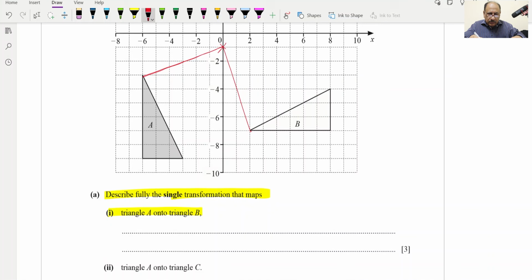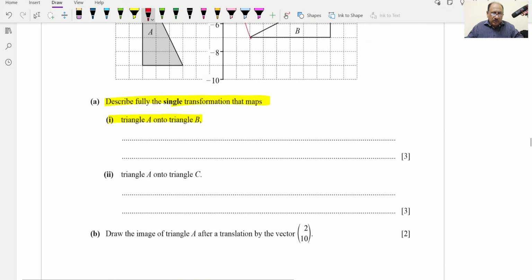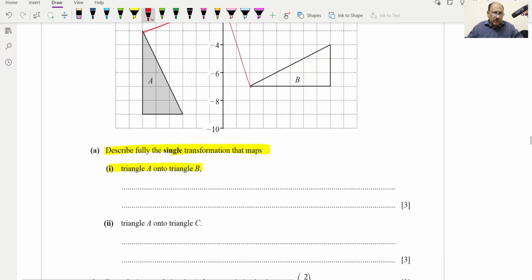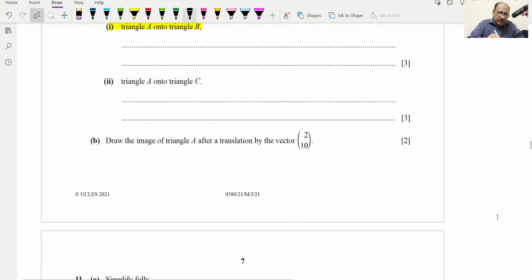So we can say this is 90 degrees anti-clockwise, and 90 degrees anti-clockwise about 0 and -1. So we will write here, this will be rotation